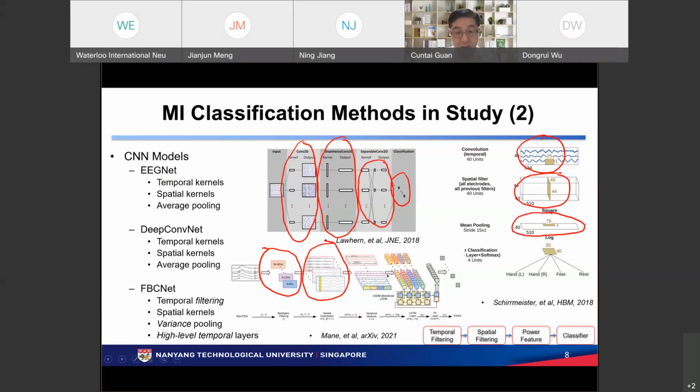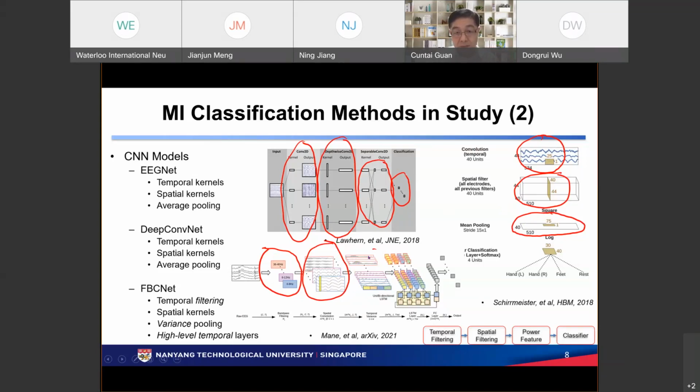Besides the filtering, we don't use average pooling here. Okay, both of these structures use average pooling. In other fields, like images, sometimes people use max pooling. Either max pooling or average pooling is very popular. But if you look at EEG, we are trying to capture energy information or power information. So we create a different layer, which we call the variance layer. It just calculates variance instead of the mean or the maximum.